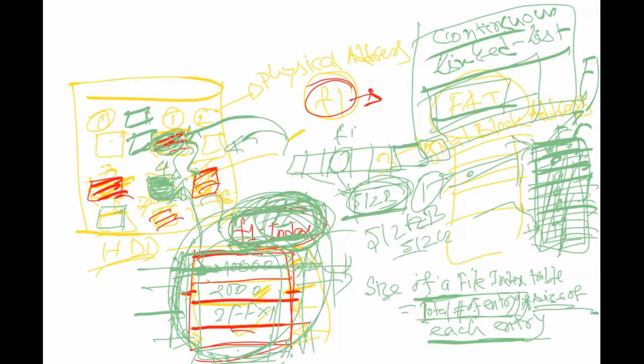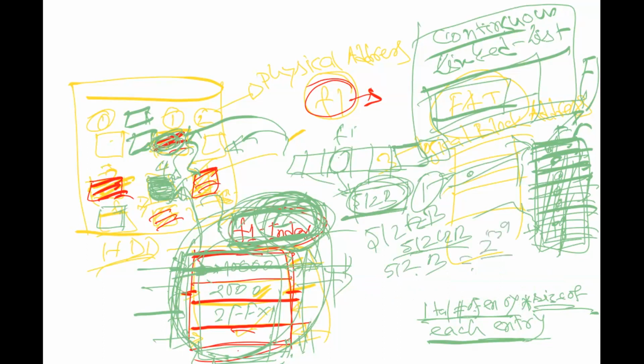512 GB divided by 512 bytes, which is nothing but 2 to the power 39 divided by 2 to the power 9, equal to 2 to the power 30 blocks. If it is 512 GB and block size is 512 bytes, you have a total of 2 to the power 30 entries. So what would be the size of a particular